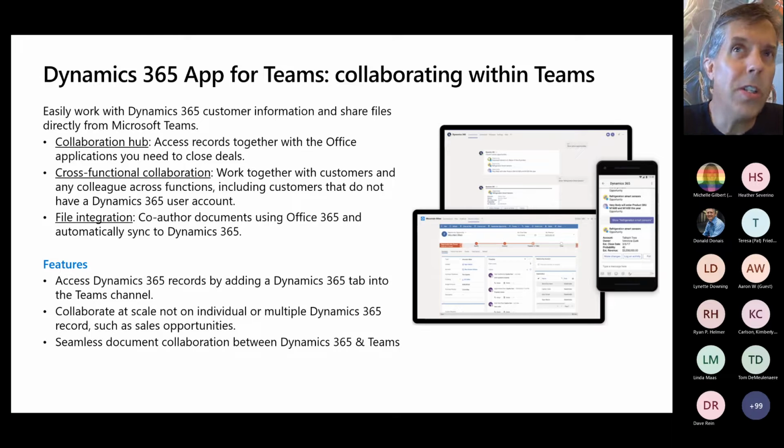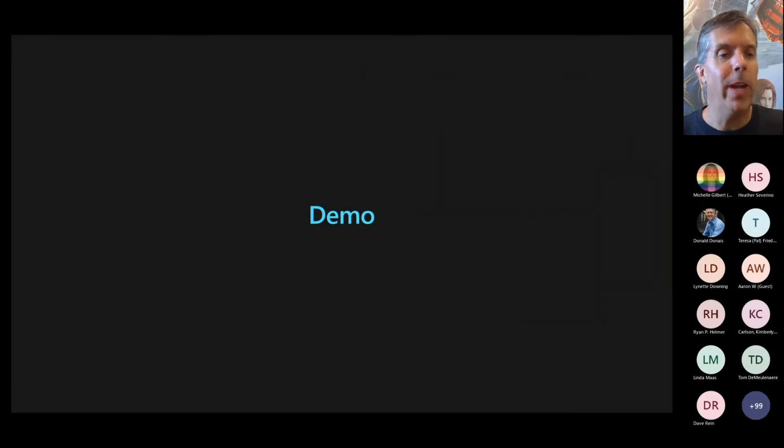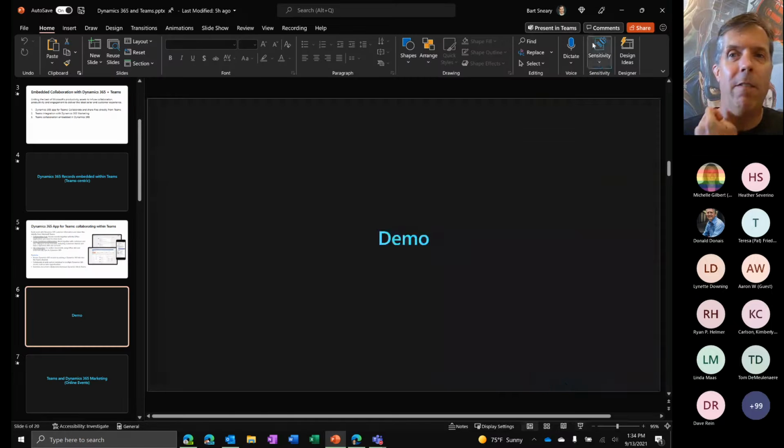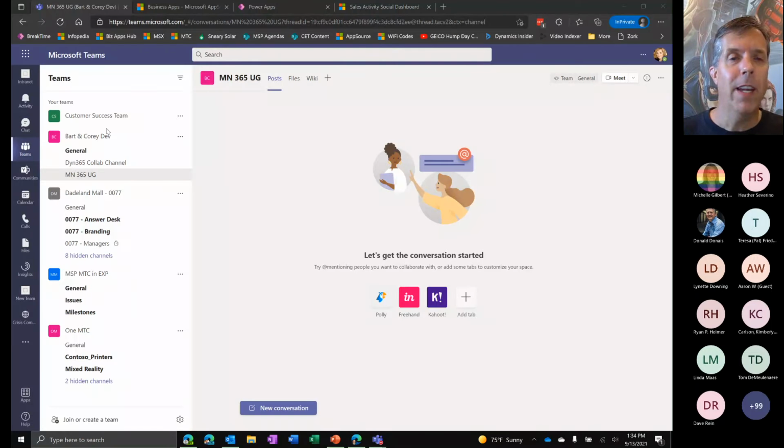And then, of course, when you expose some Dynamics data, you not only want to be able to access and work with that Dynamics data from within the Teams UI, but still collaborate on it with the Teams features like persistent chat and all the other cool things you can do inside of Teams to collaborate around information. So we'll look at that in just a little bit. So here we go. Get out of PowerPoint mode for the moment and jump into Teams.